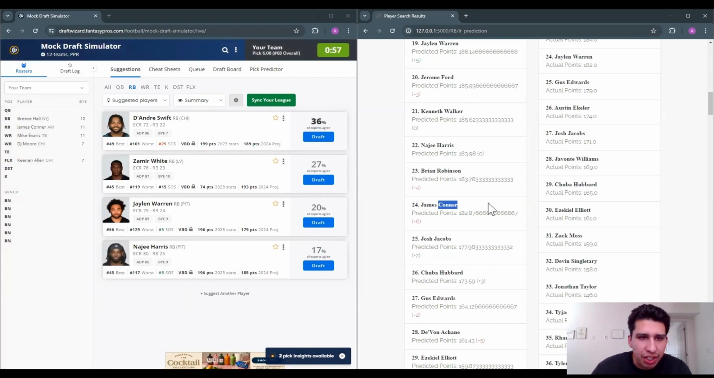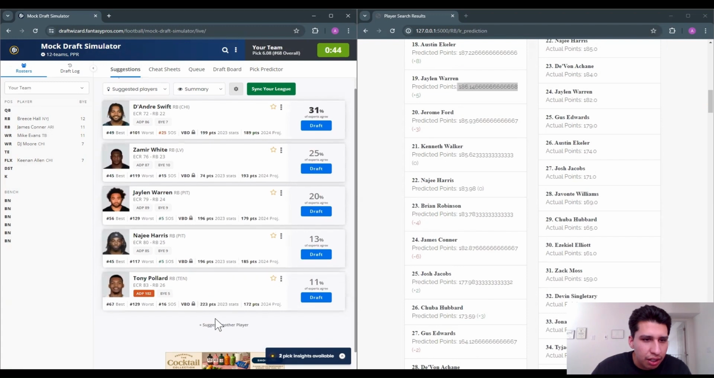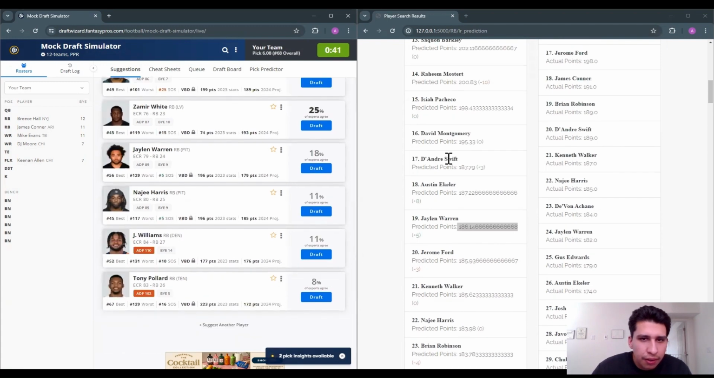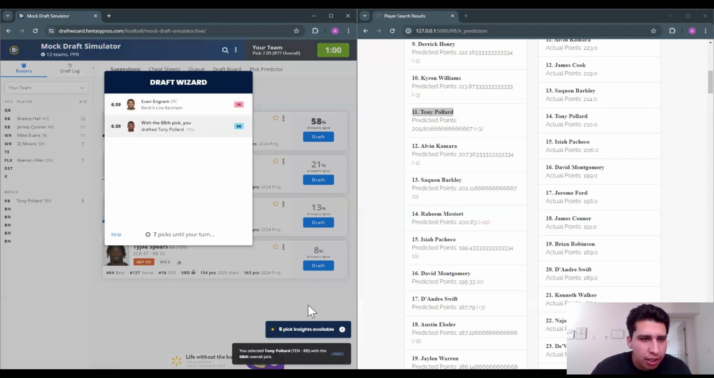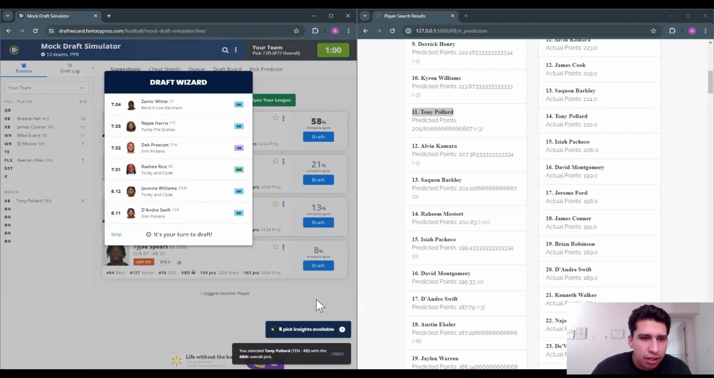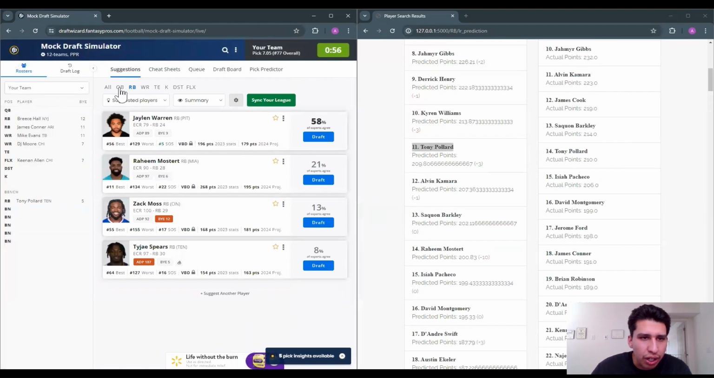Then we have Jalen Warren. He's a guy that we also value. Jalen Warren, I actually should have taken him instead of James Conner. Tony Pollard's available. I'm gonna have to take him here. He's 11th on my board. And Jalen Warren I could take here, or I could just be content with what I have in Tony Pollard